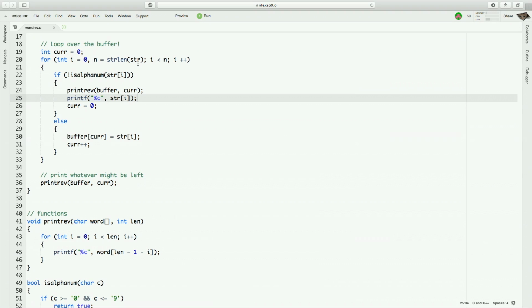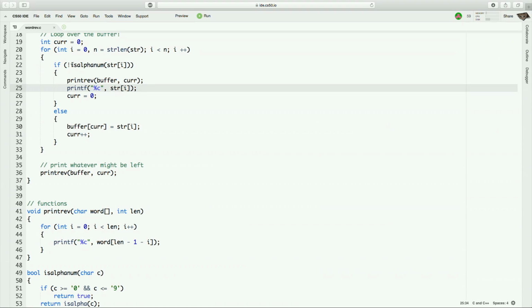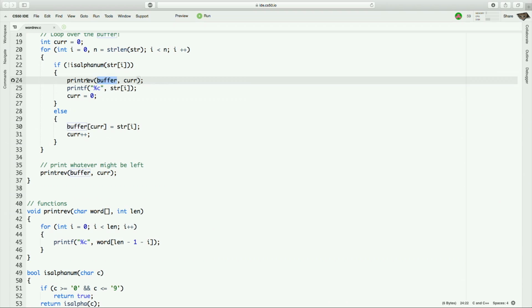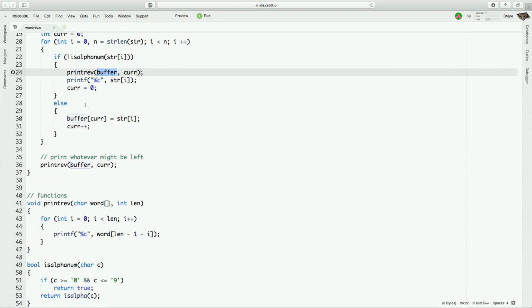So I'm going up to the length of the string, and so I can do two things with the characters. First, if the character is not alphanumeric, so if not isAlphaNum, I'm going to reverse print whatever's in the buffer. Then I'm going to print the period or the non-alphanumeric character, and then I'm going to set current back to 0, and you'll see why in a second. Now, if the character is an alphanumeric character, if it's a letter or a number, I'm going to add it to the buffer